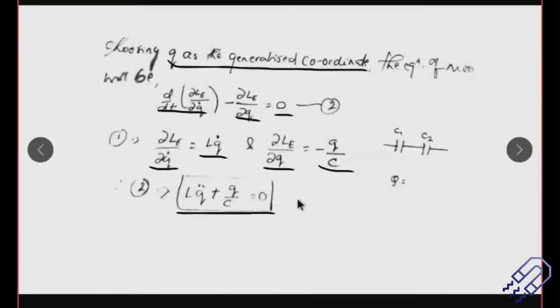Okay. So whenever you have any kind of system and you want to find out information about the system, you need to have the equation of motion. And this is exactly what Lagrangian does. It helps us to do that. Okay, so this is something which is done.